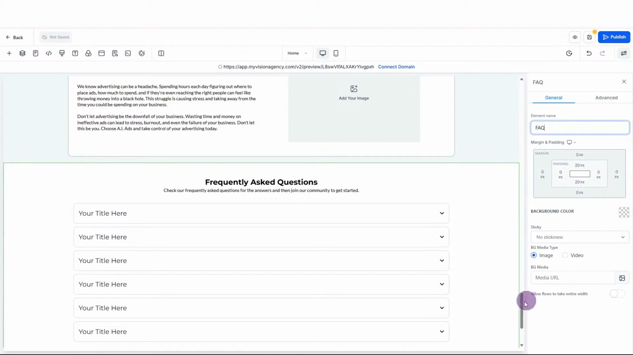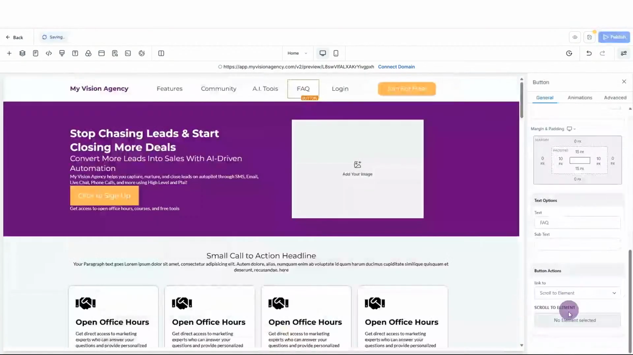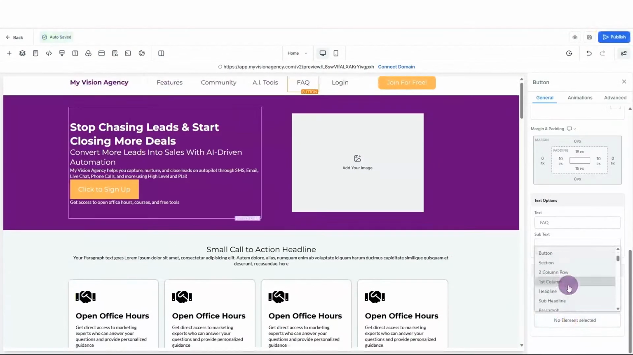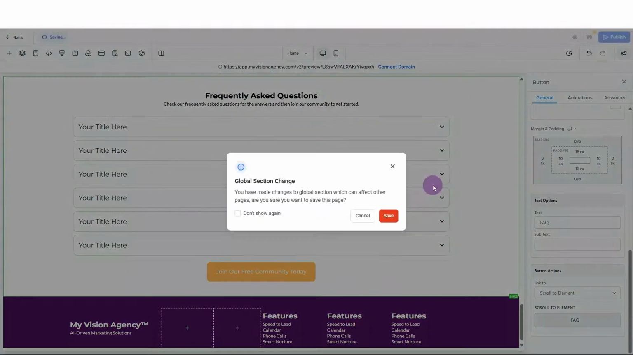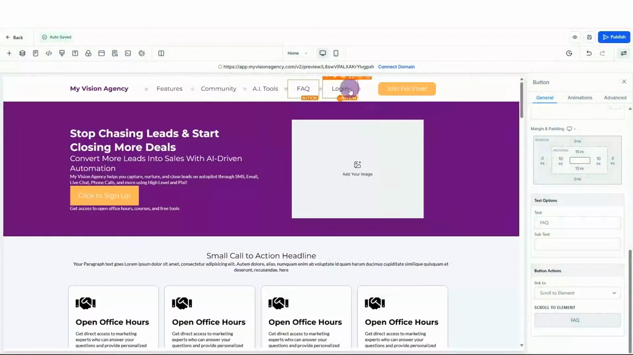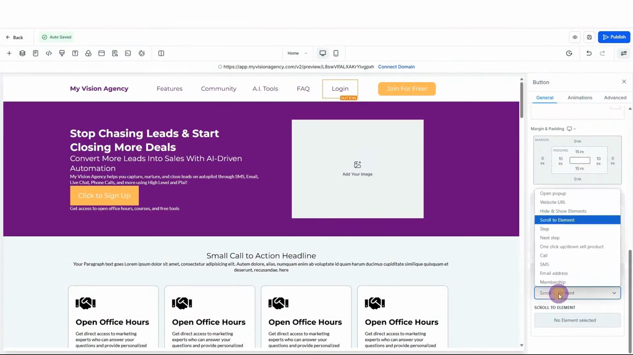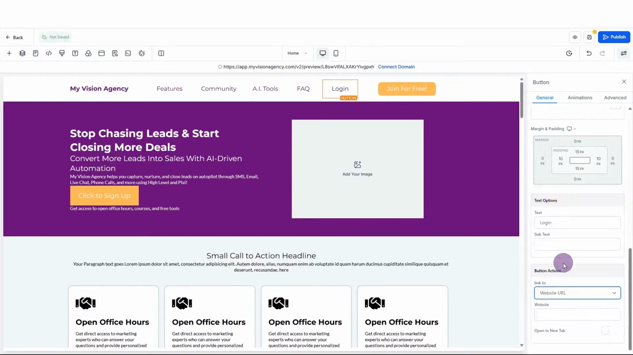And let's scroll back up to the menu. Scroll down to set the element. Here we go. And save, and save. And then we have the login button. Now, this isn't going to be a scroll to an element. This is actually going to be the website URL because you're going to put the link that they're logging into